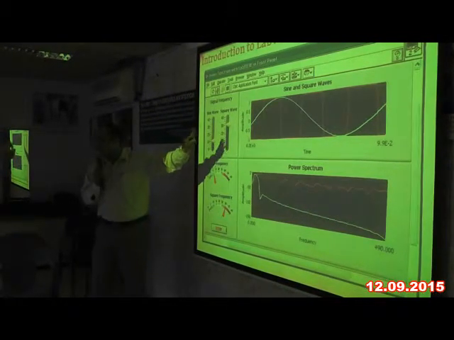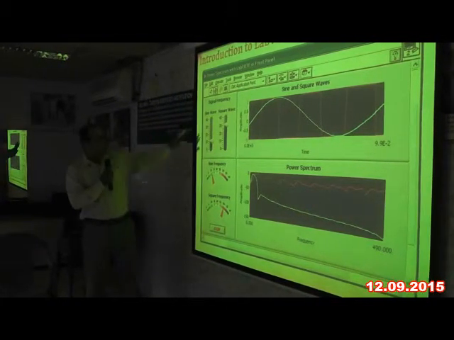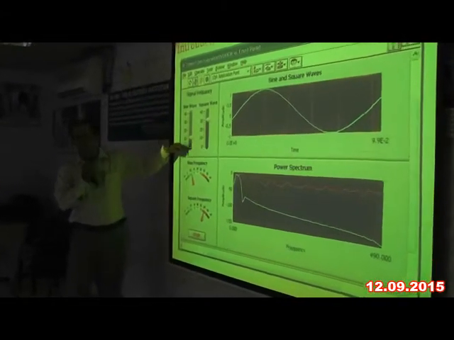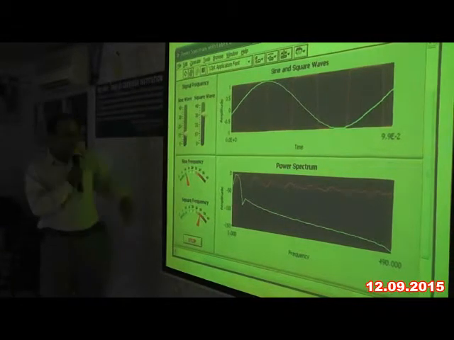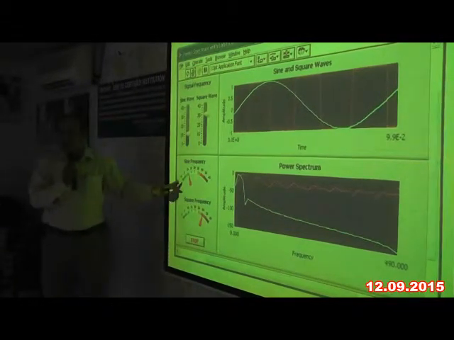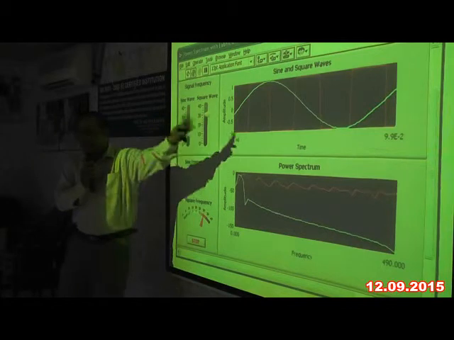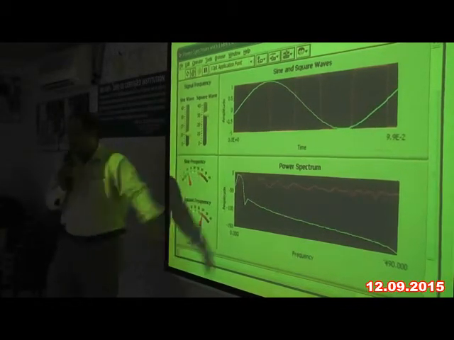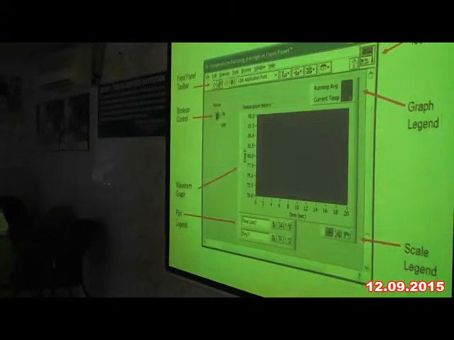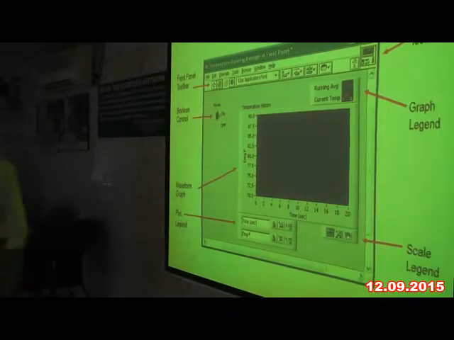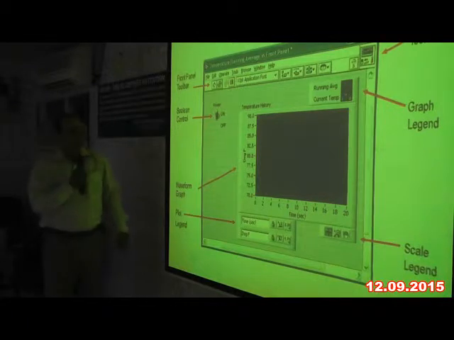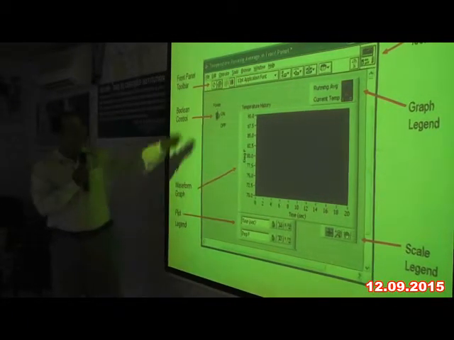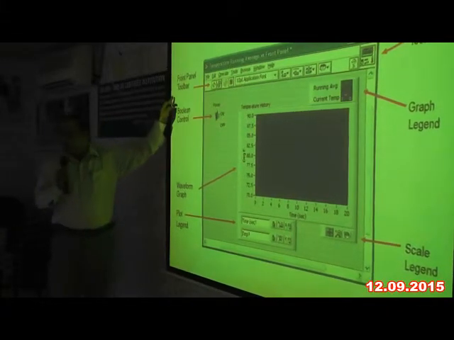How is it going to look in our front panel window? Here I have knobs where I can adjust the frequency of my sine wave and square wave. Similarly, this is an indicator which shows the actual frequency of the wave. Okay, so these are the graphical windows. Now if I see the front panel part, first we will describe what things are available here. This is a display where our graph is going to get plotted.